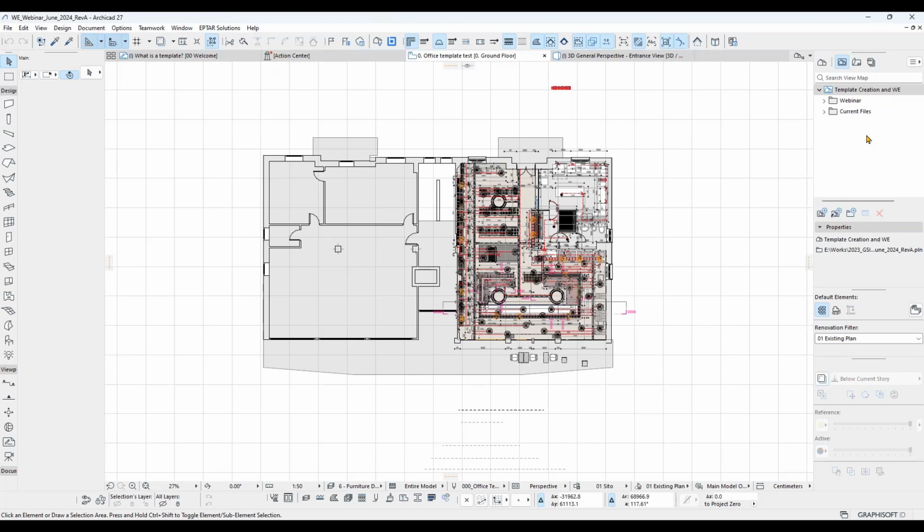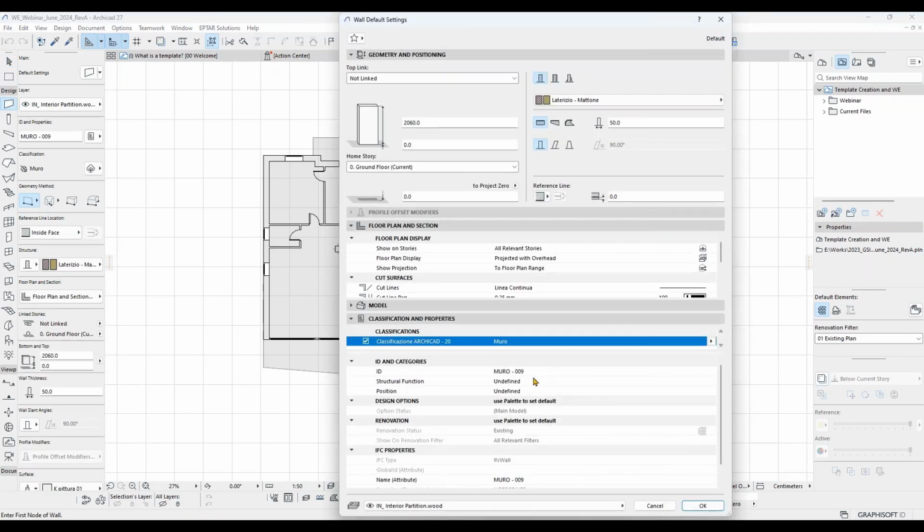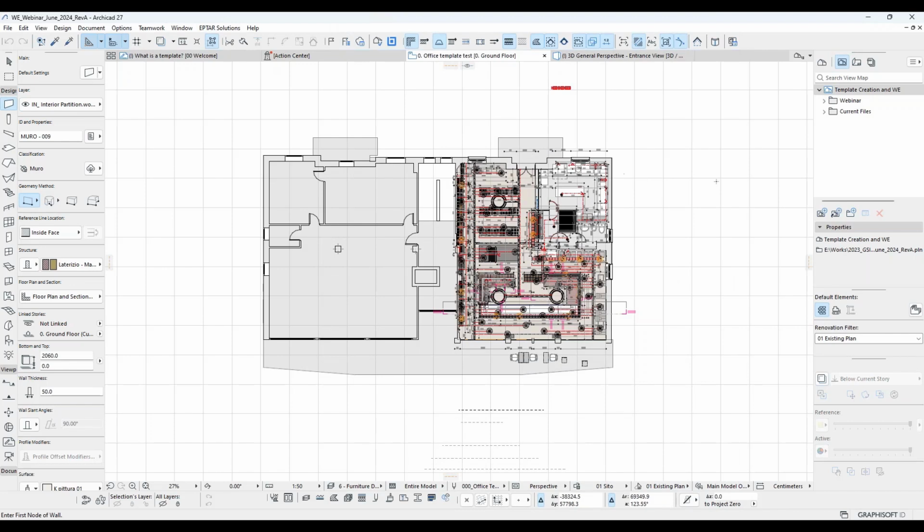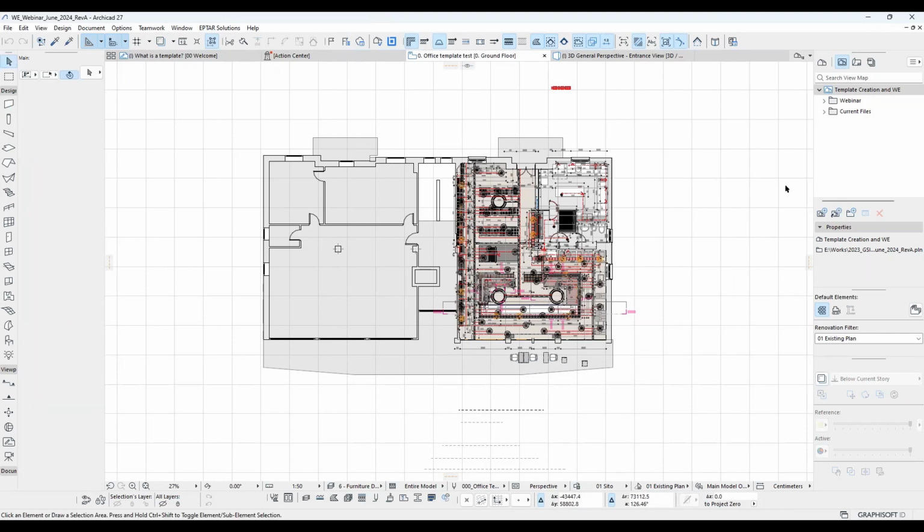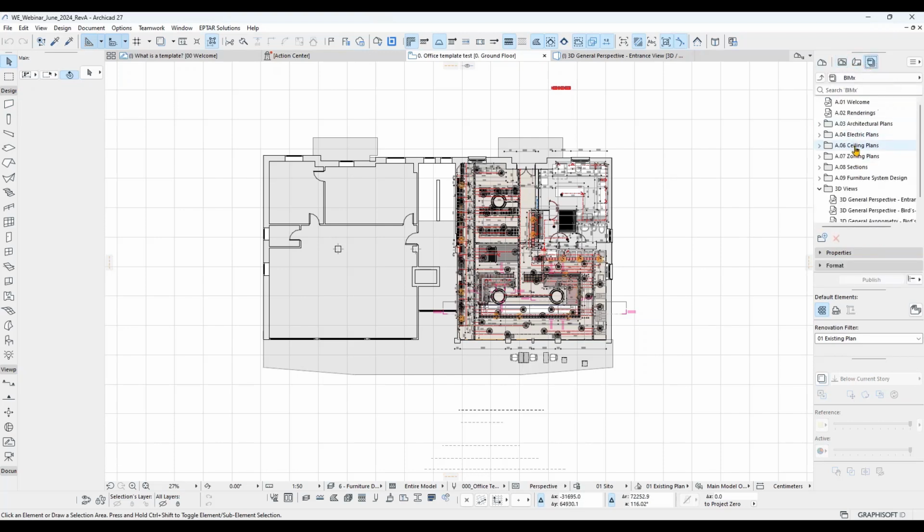Also the properties and classification systems, as I already mentioned here. If we edit any of these and save it, this will also be saved in the template file. So the material classifications can also be saved. Then we have the layout book organization here. I mentioned the publisher, which is on the navigator palette. We have various kinds of folders here, but we can create our own relating to the phases of the project, right? So if phase 1 is going to be the concept,